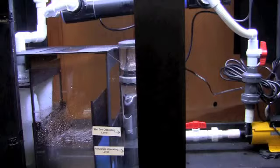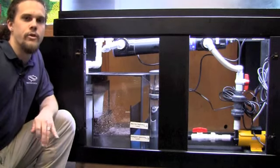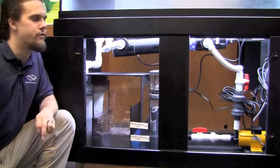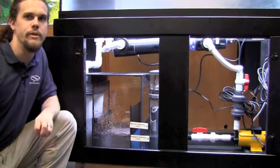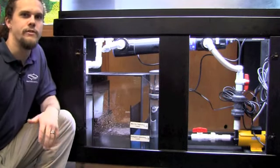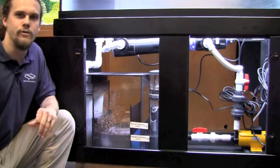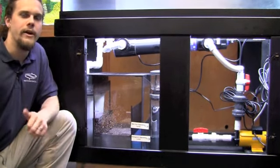Below, I'll show you all the fantastic plumbing that we've got going on down there. As the water comes from the corner overflow down into the sump filtration, the first thing you'll notice is the rigid PVC that's been glued into place. As it flows down, it's going to go into the two filter socks, which is the first point of contact for your mechanical filtration. From there, it goes into the second overflow box, where you can either have a refugium